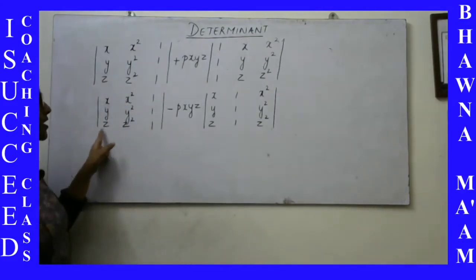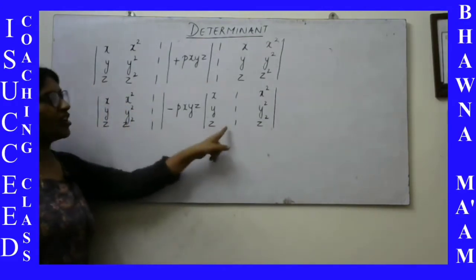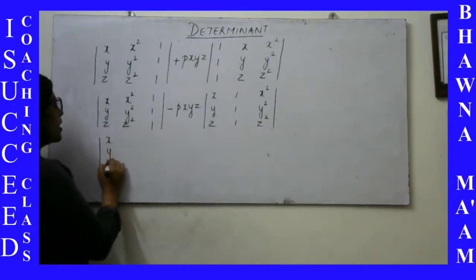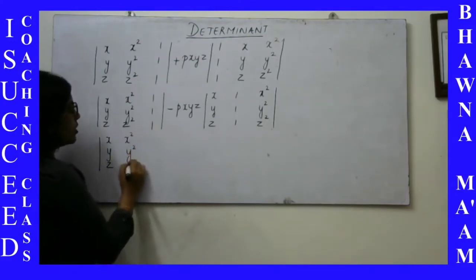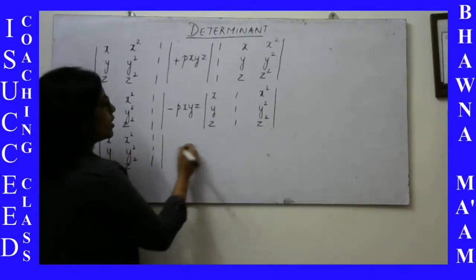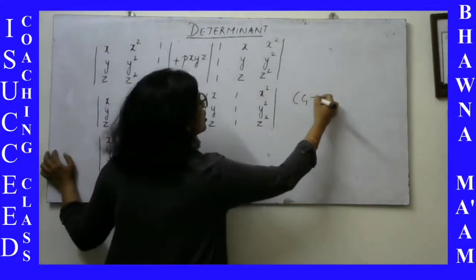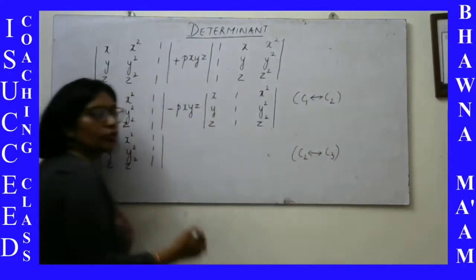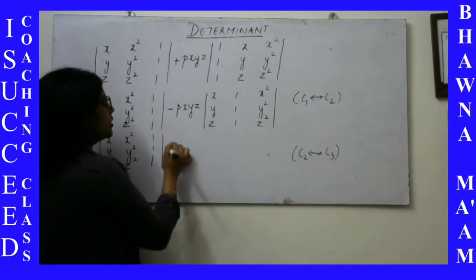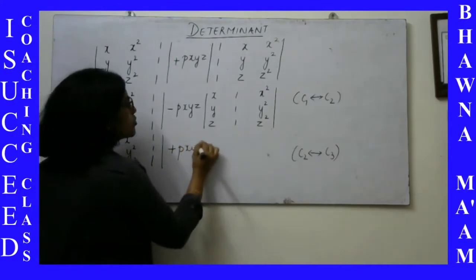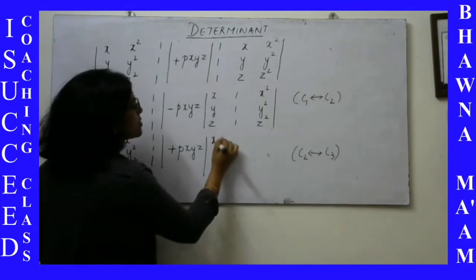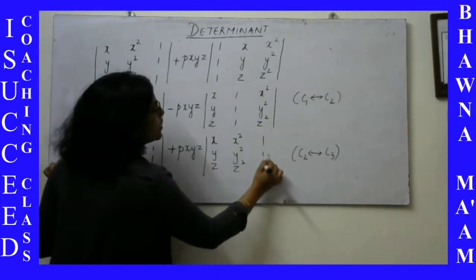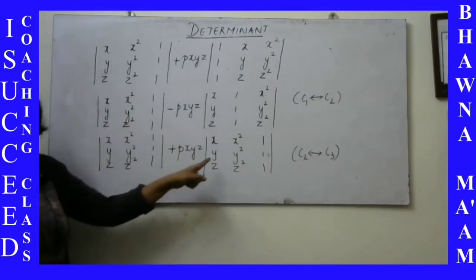Now you see, you have X, Y, Z first, but I want this 1, 1, 1 at the third column. So once again, I will do that, and in the bracket you write down whatever steps you are doing. In the previous one, I will have to write that I have interchanged C1 and C2, and now we are interchanging C2 and C3. Or you can write it in words. Once again we interchange, we get one more minus sign and it becomes positive. This is X, Y, Z, X square, Y square, Z square, and we have 1, 1, 1 over here.